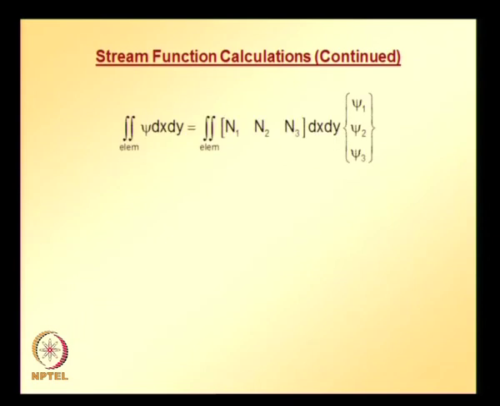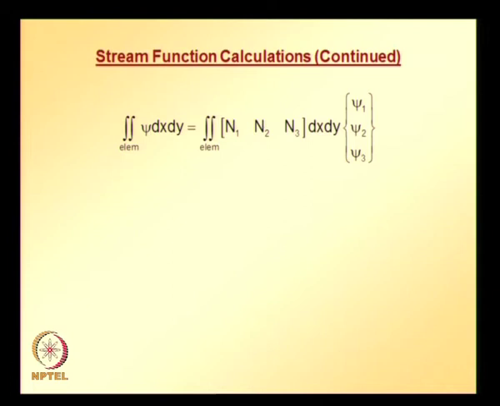And sometimes we also require the integral of psi dx dy over the element or entire domain. Here the formula is written for one particular element. So we know psi is equal to N1 psi 1 plus N2 psi 2 plus N3 psi 3, which can be written in matrix and vector form as shown on the right hand side of the equation, and since psi 1, psi 2, psi 3, the nodal stream function values corresponding to the nodes, are constant, they can be taken out of the integral,